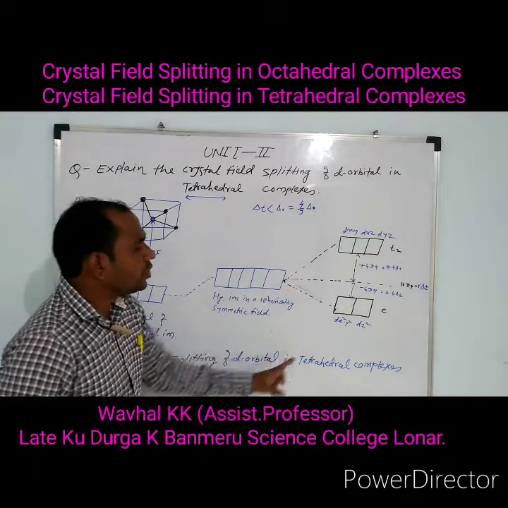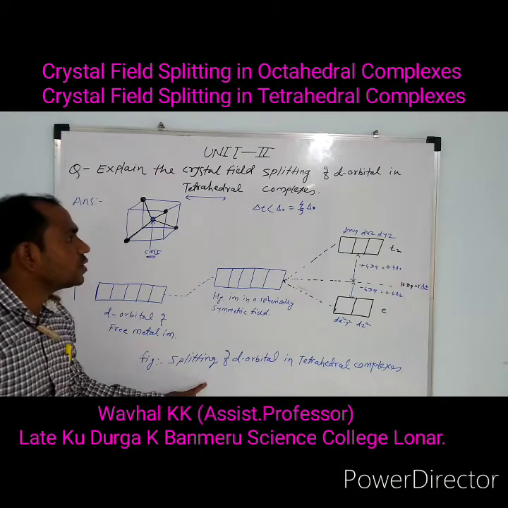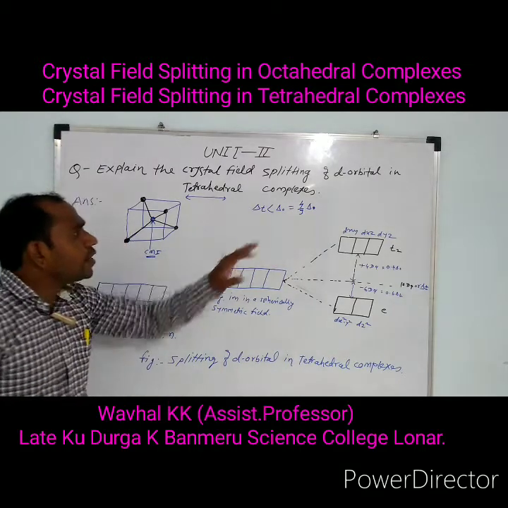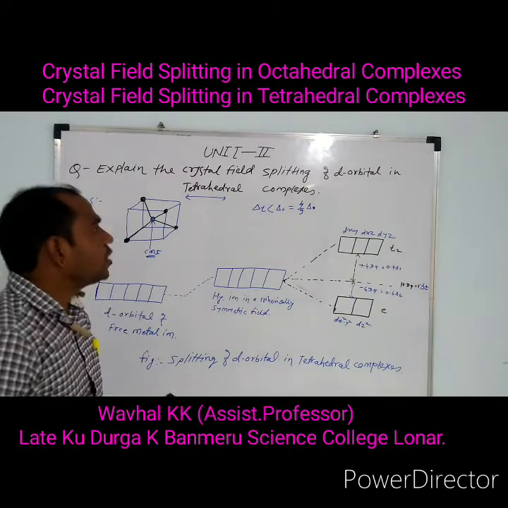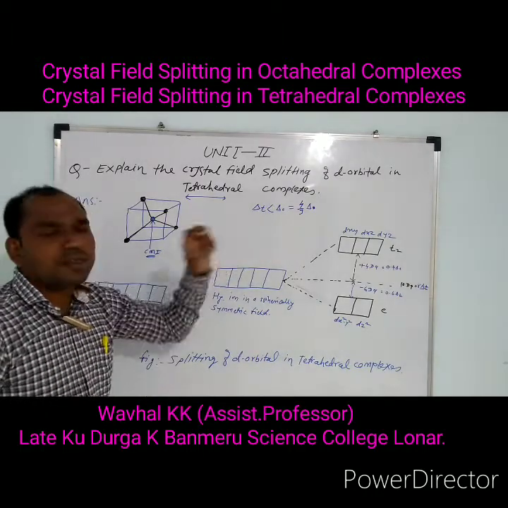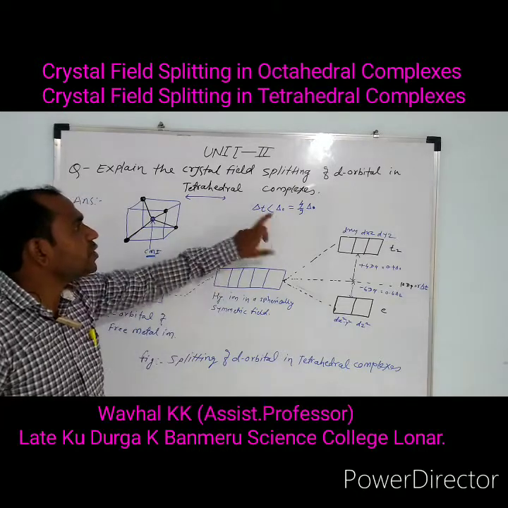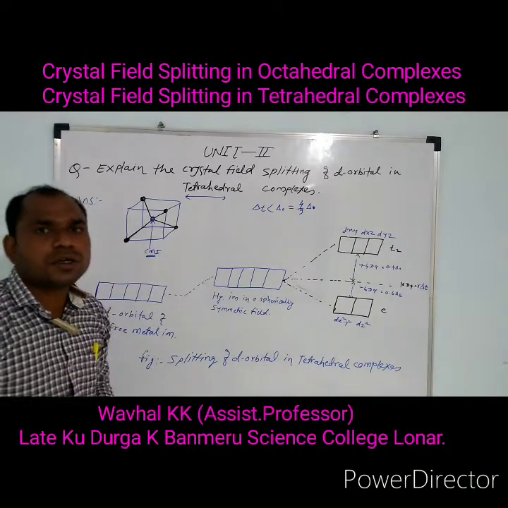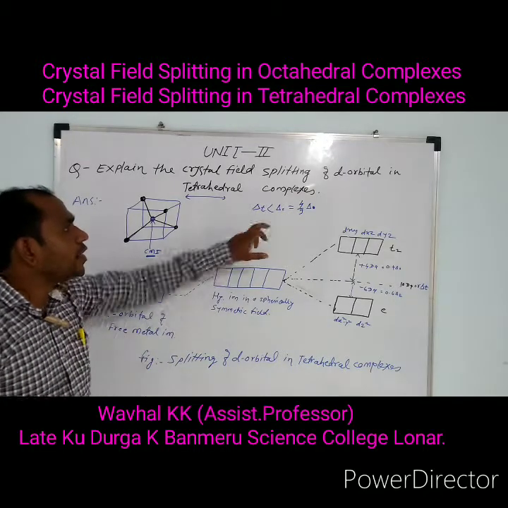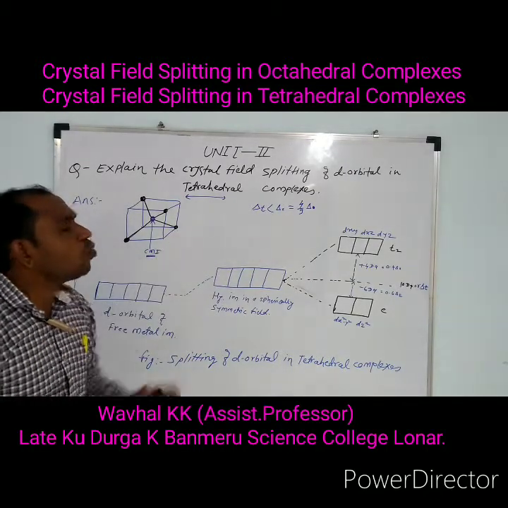Delta tetrahedral is less than delta octahedral because fewer ligands are present in tetrahedral complexes, and the maximum, 6 ligands, are present in octahedral complexes,